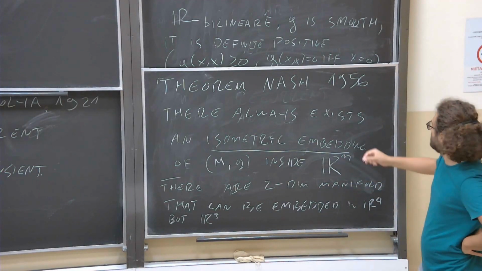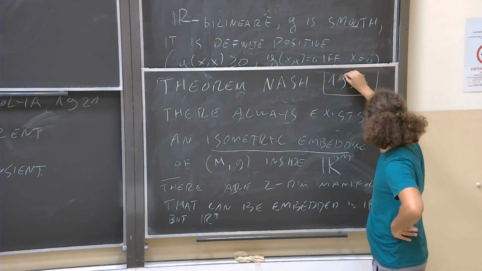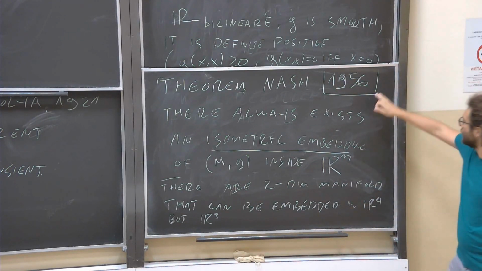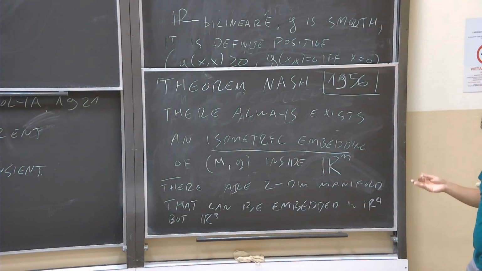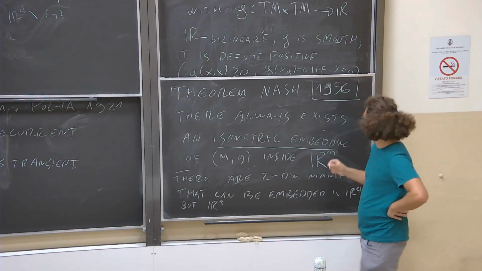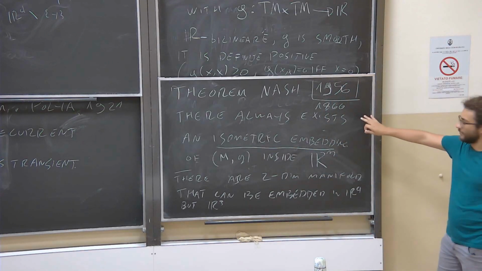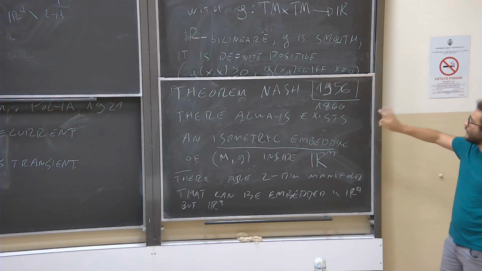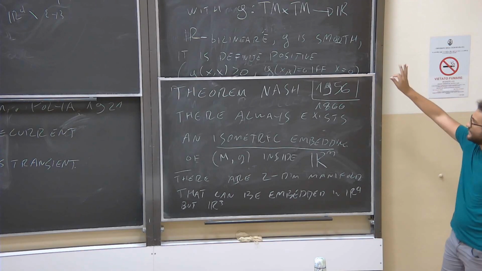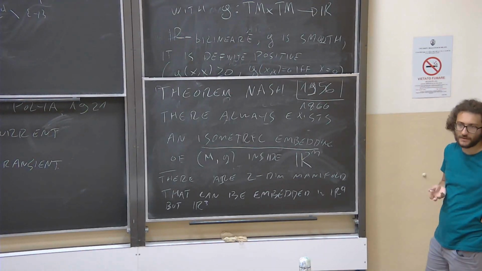A curious thing, don't know if it's interesting, is that look at the date. This Nash theorem was proven like 70 years ago, more or less. Riemannian manifolds are defined after Riemann, who died in this date. So for more or less a century, we have not been sure that this definition really matches our intuition. It is something really peculiar to me.